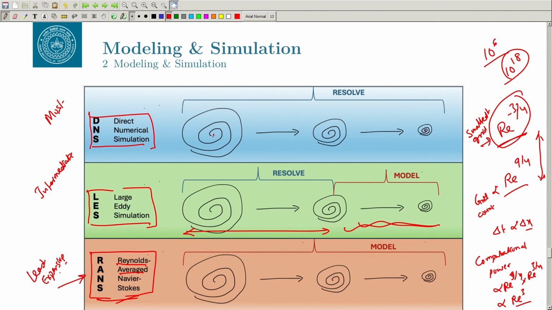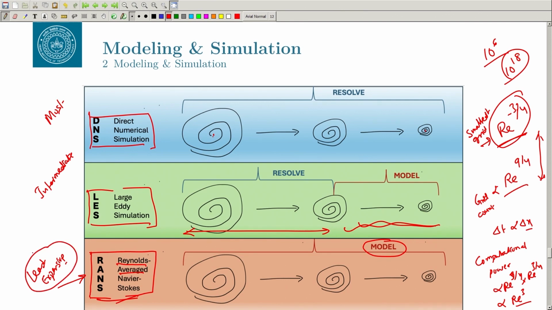Sometimes your model does not give you the correct answer either. The models are developed using some empirical relations and experimental observations, and they may not be completely accurate. That is a very big problem, but unfortunately, this is the only thing that gives you the solution